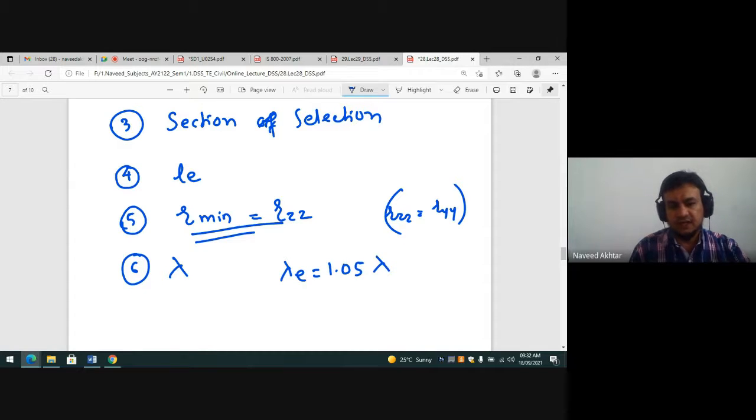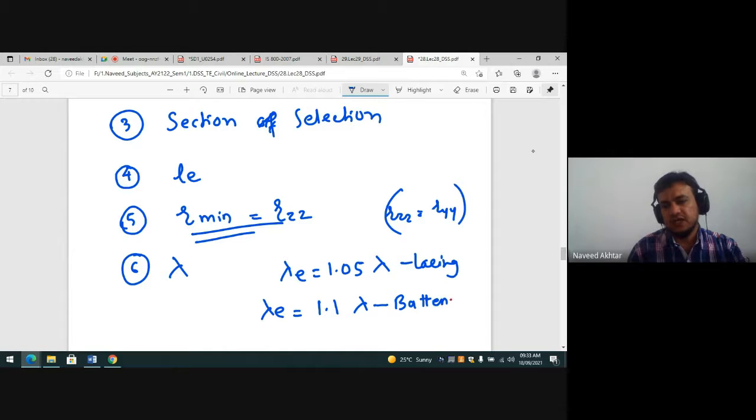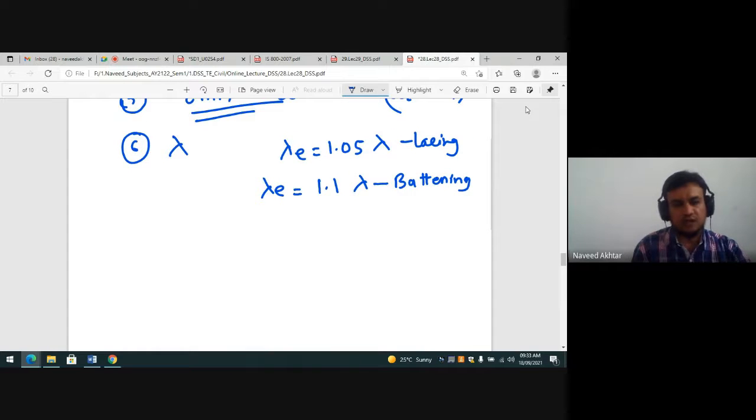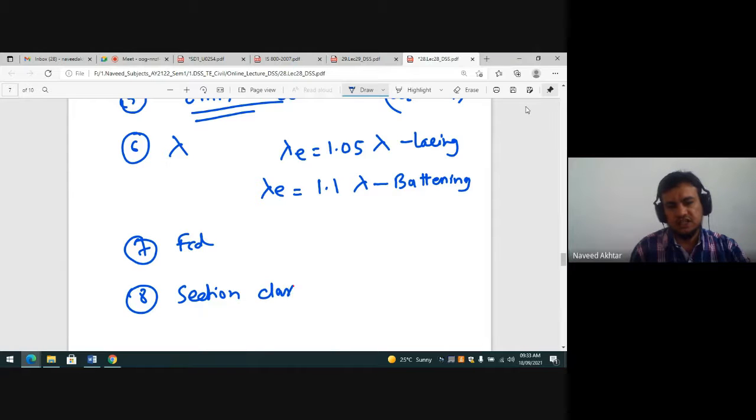द लैम्बडा फॉर लैसिंग सिस्टम, है ना। और फॉर बैटनिंग सिस्टम यहाँ पर क्या चेंज हो जाएगा, इट इज 1.1 ऑफ द लैम्बडा फॉर बैटनिंग सिस्टम। ये सिर्फ यहाँ पर डिफरेंस हो जाएगा और इससे हमको एफसीडी मालूम हो जाएगा। और उसके बाद हम सेक्शन क्लासिफिकेशन करेंगे।